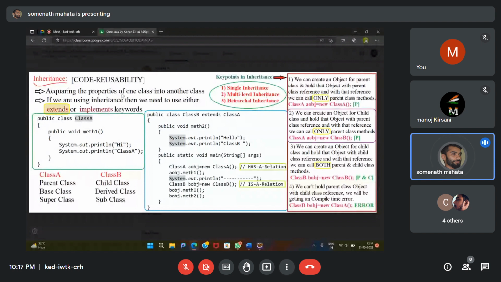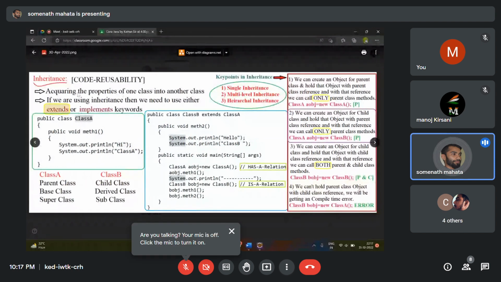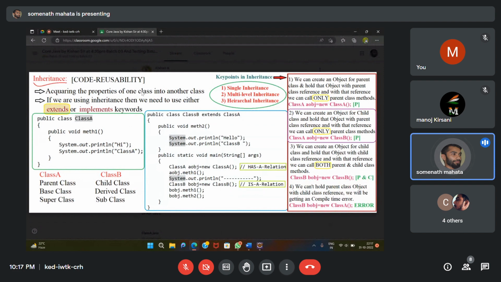Acquiring the properties of one class into another class is called inheritance. If we are using inheritance, then we need to use either the extends or implements keyword. So see here, what is extends and what is implements? So extends means,